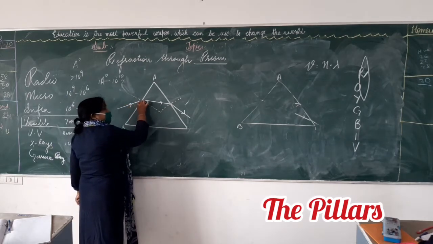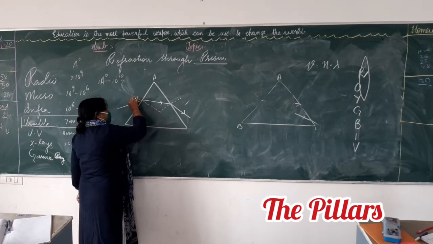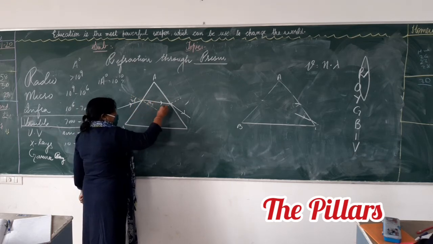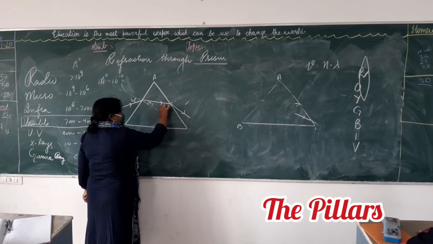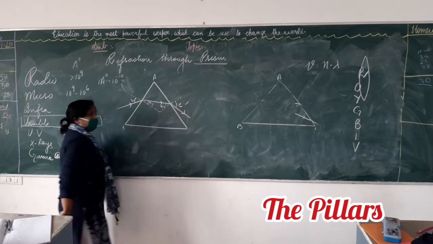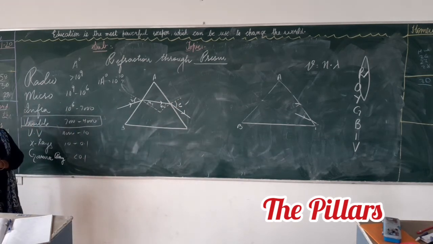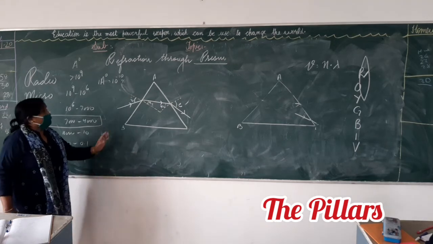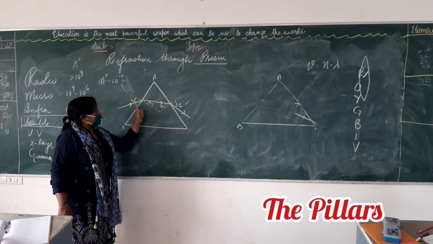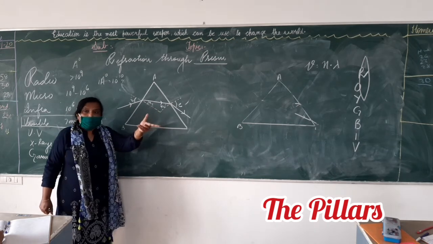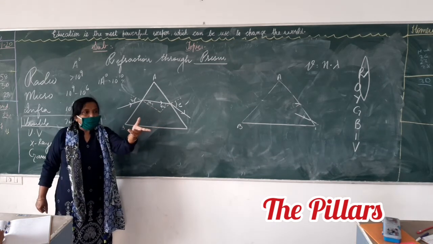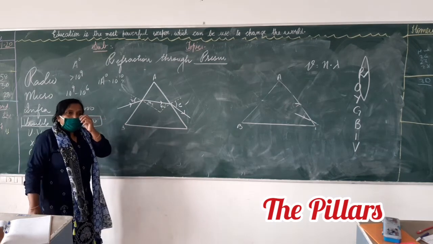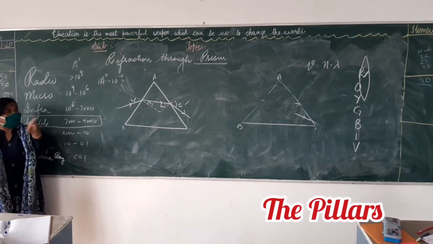This is the angle of incidence and the normal for this interface. This will be the angle of refraction for this. This will be the angle of incidence for the next surface. And this is the angle of emergence. Please draw this first. You may get a question like this. Only this prism will be drawn and this incident ray will be given to you. Complete the ray diagram. Can you do? One mark. Everyone is done? I will check your copy immediately after my class.